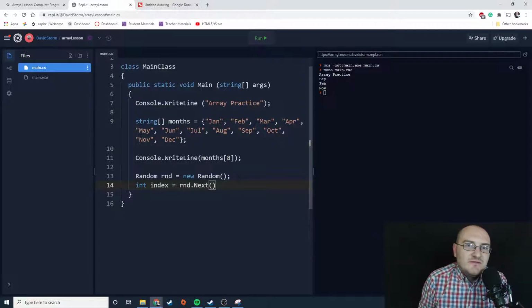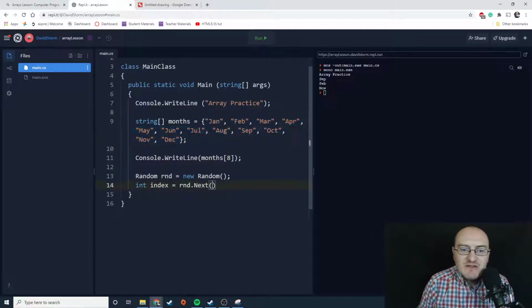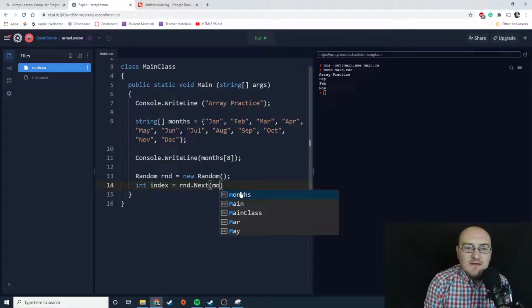If I don't put anything in here, essentially I'm just leaving it open for any number, and that wouldn't work because our array only goes up to an index of 11. So we only want the range of numbers from 0 to 11. So here's how we do it to make sure that it's always going to fall within the range of numbers we want. We can say we want it to be